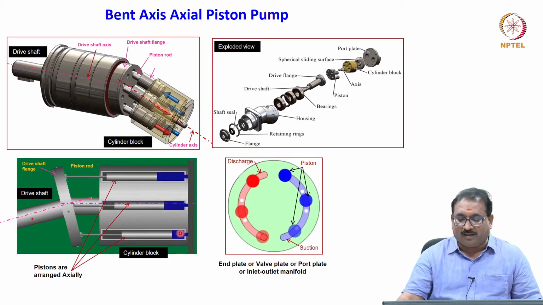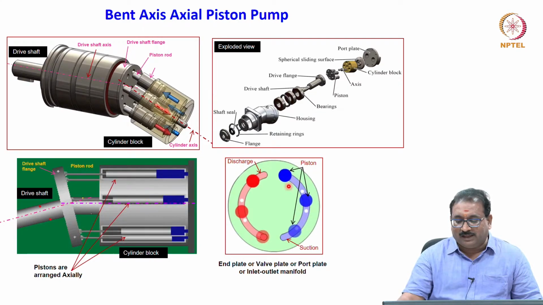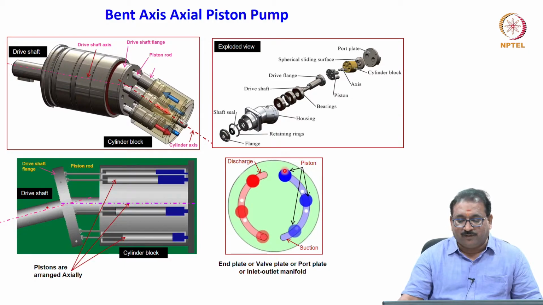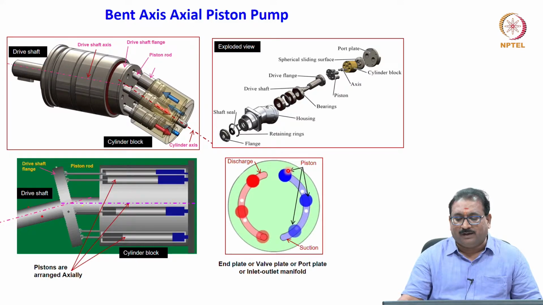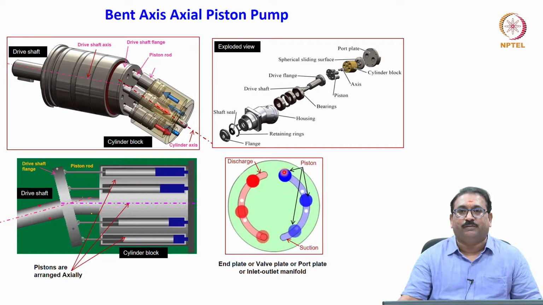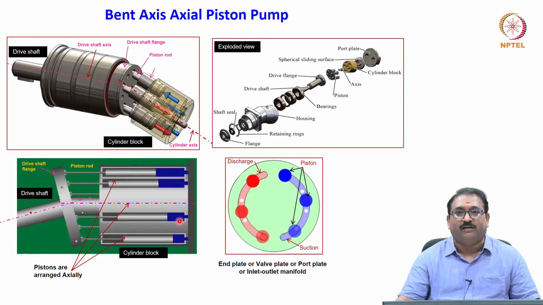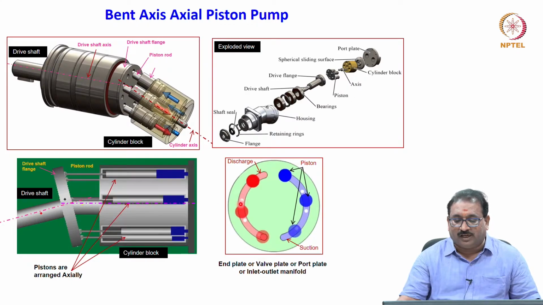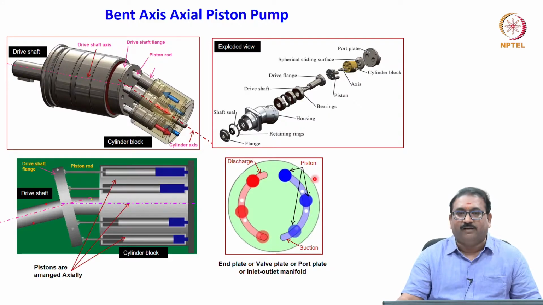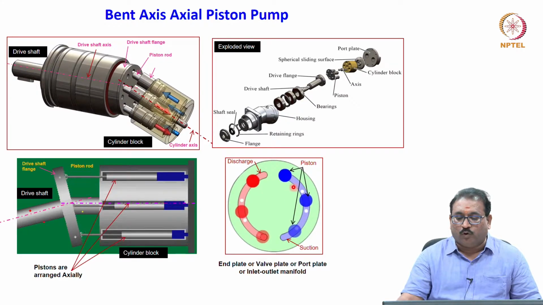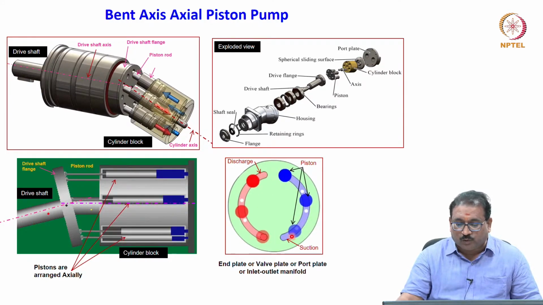Meaning, what happens? Some pistons are coming out, some pistons are pushed in. When the pistons are drawn out, what happens here? You will see suction will take place. Assume from here to here it will move. The pistons are sucking the fluid. When they are moving down, the pistons are pushed in. During the other half, the discharge will take place. Now here is the end plate with kidney shaped port openings, through which fluid is taken in and discharged.